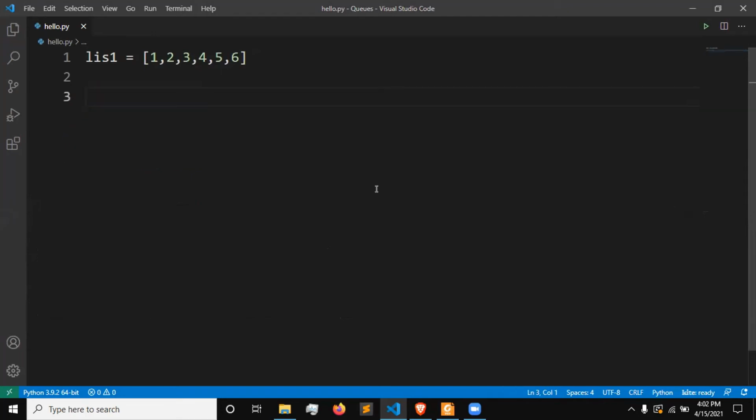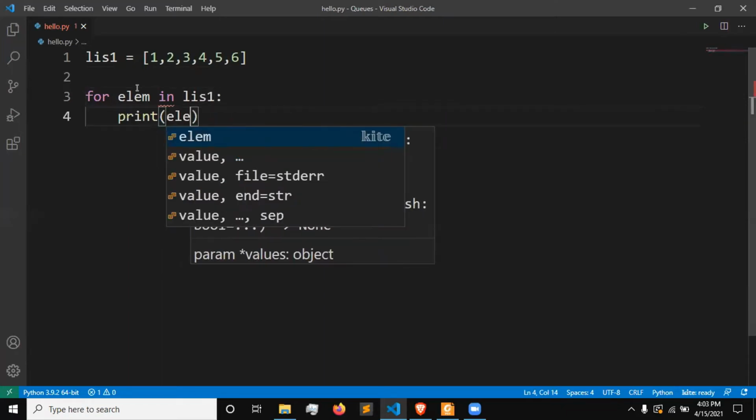So what we can do is we can take a for loop. Like we said, what is a loop? For is a loop. Like you're listening to a song on a loop, 4, 5, 6 times. So you're just looping over all the elements in the list. So let's take a variable named lm: for lm in list 1, and I'll say print lm.